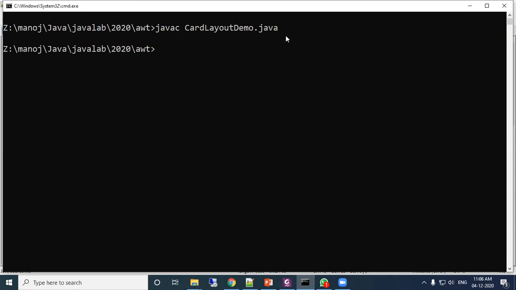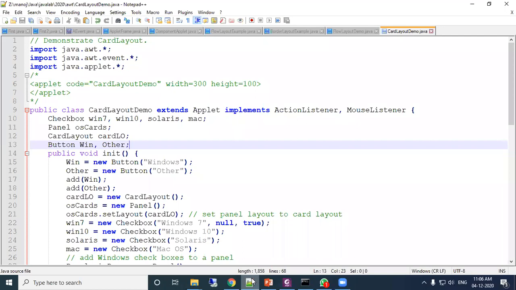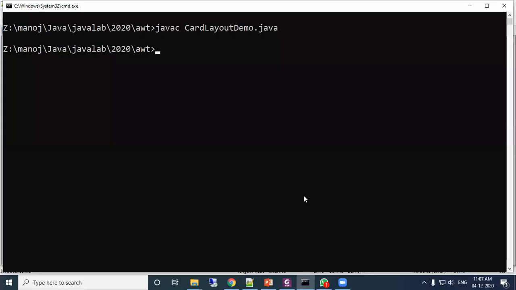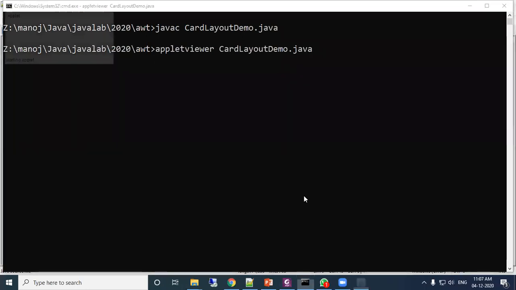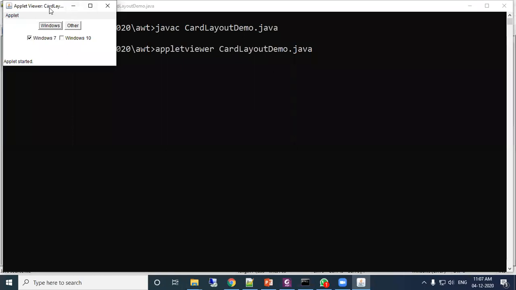Now to run it, because we are implementing this using an applet, to run the applet, what will we do? We will use the appletviewer CardLayoutDemo.java.